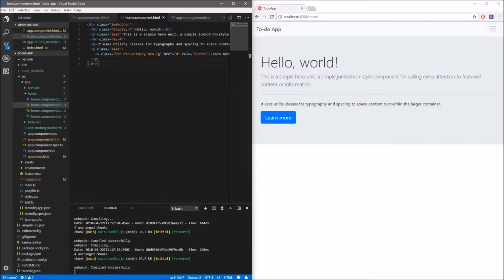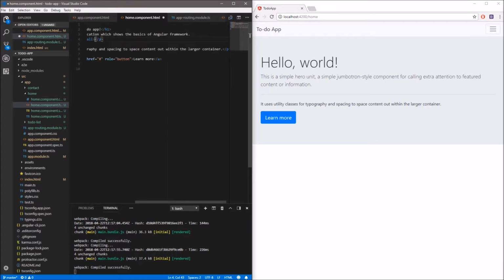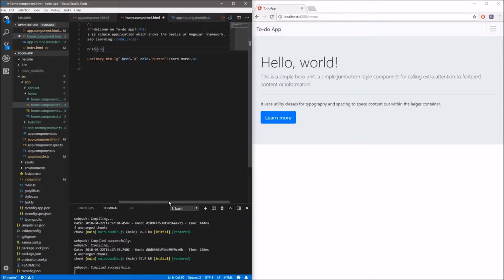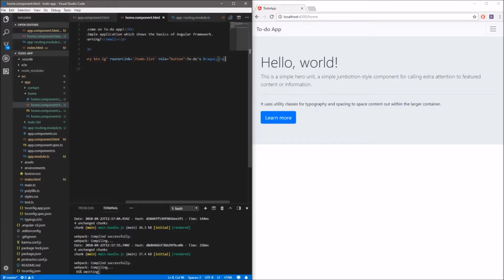Here's our Jumbotron. Now let's change a little bit the content of this Jumbotron so it will better fit our application. Let's say welcome on the to-do app over here. I have prepared some text, by the way, to save some time. I'll copy this thing over here. Okay, and also we'll copy this. It's just some HTML stuff, and also this link. And as you can see,